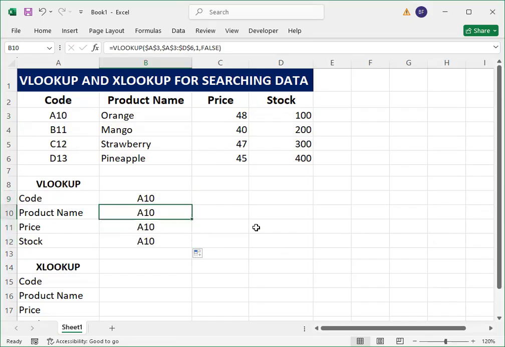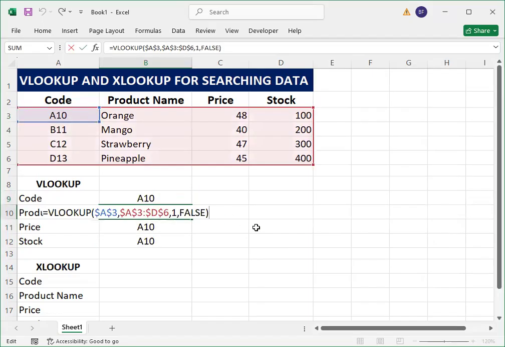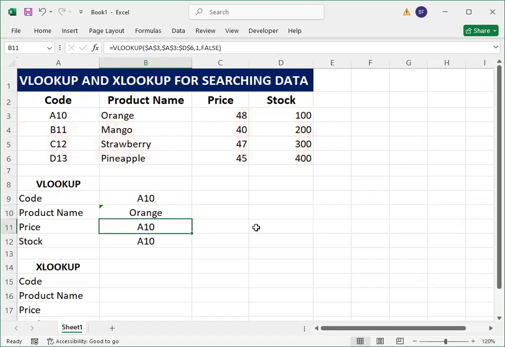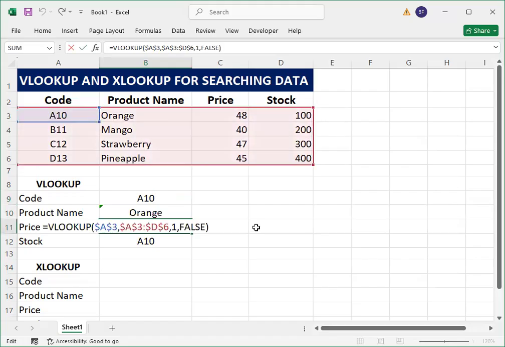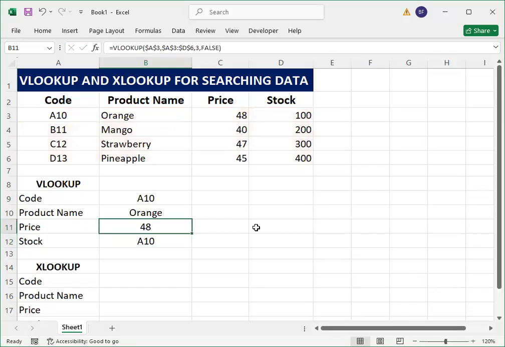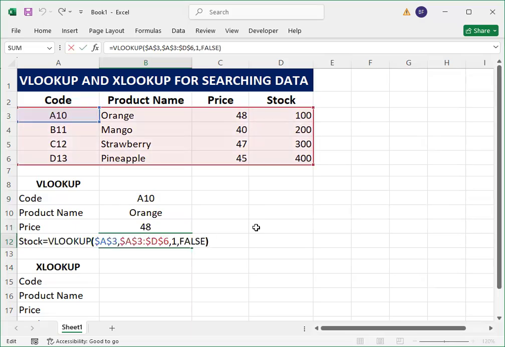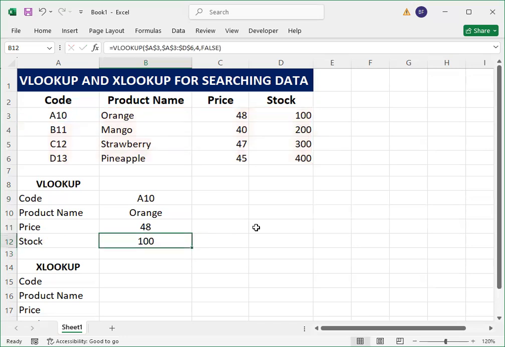Then I got all A10. So what I have to do is just change the column index from 1 to 2 to get the orange product. Then change the column index number 1 to 3. I got the price of 48, and then just change the number 1 to 4 to get the stock number of 100. So there you have it. This is for the VLOOKUP